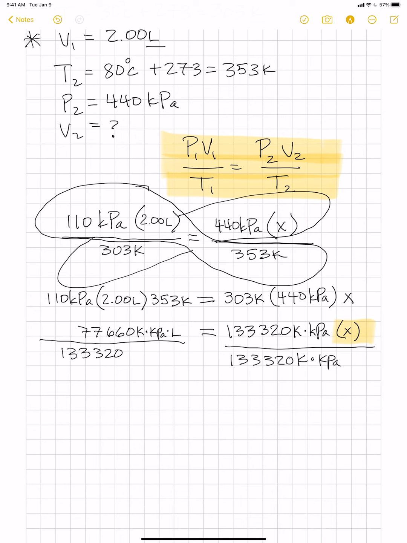Just take your time, guys. Do everything nice and neat. Don't put an x down there, guys. Why would you do that? Okay, that would be, I'm going to say it, that would be a dumb move. All right, so the number cancels out here, the units. The only thing we have left on the right is X. And now look what cancels here. Kelvin, kilopascal, we have liters. Now do the math, and you should get this number,